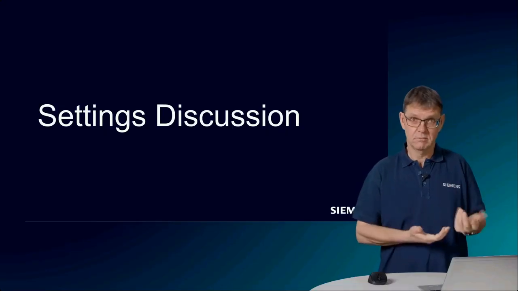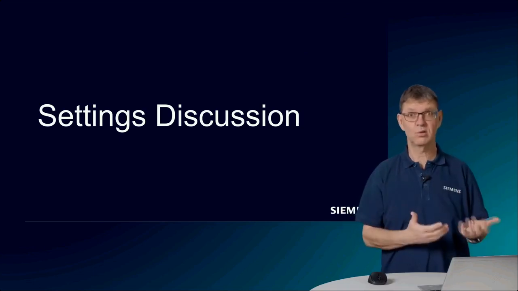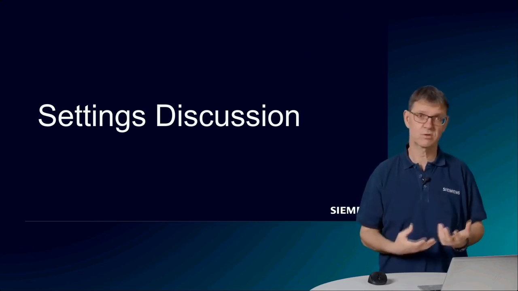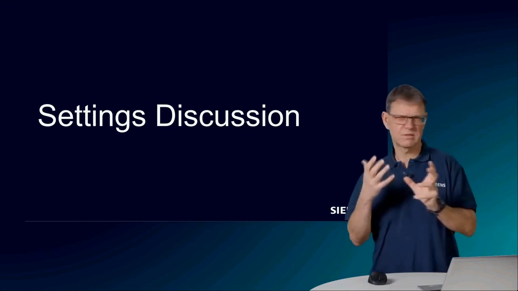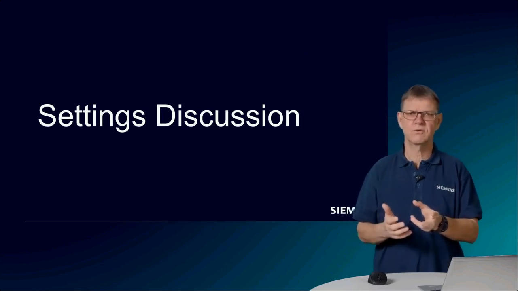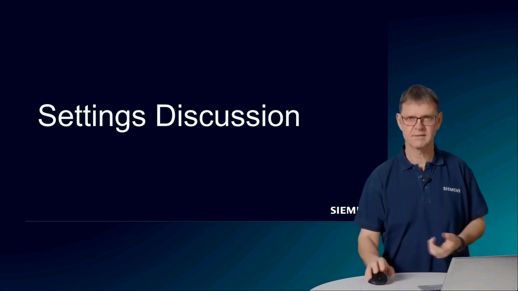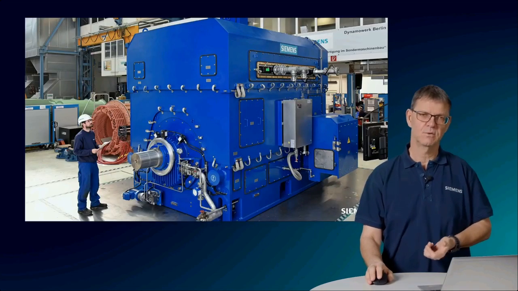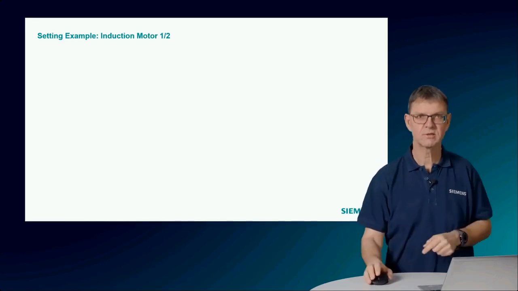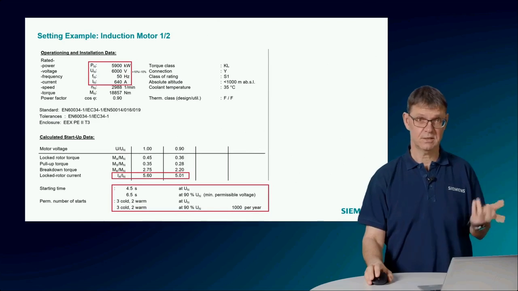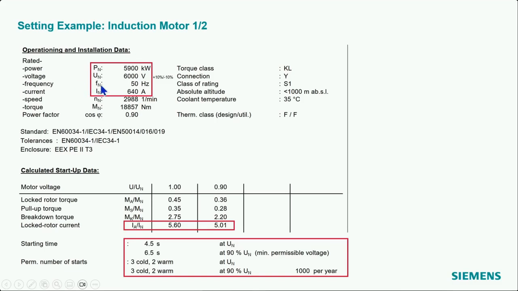As already mentioned, I would like to discuss one example of settings of the protection functions for one example of a motor, rather than going more into the theory of the motor protection functions. So the idea is to approach this more from the practical side. So therefore, I took a motor data sheet and made some extracts of the relevant data we have, and that's it. So we have, on the one hand, we see here it's a motor with almost 6 MVA